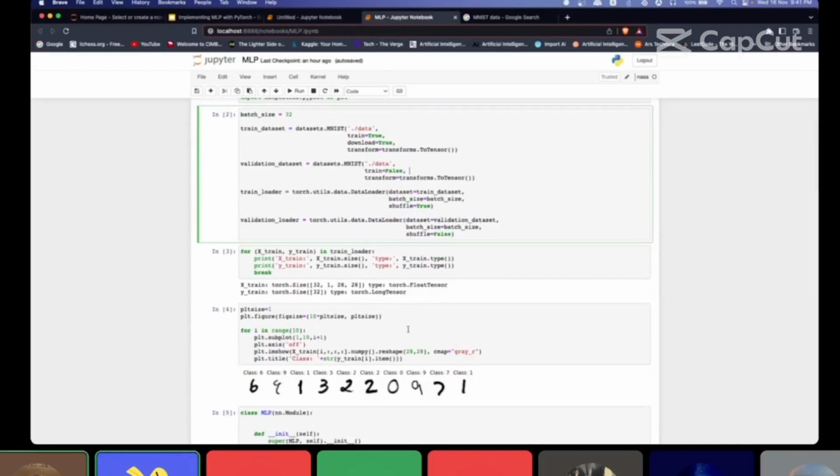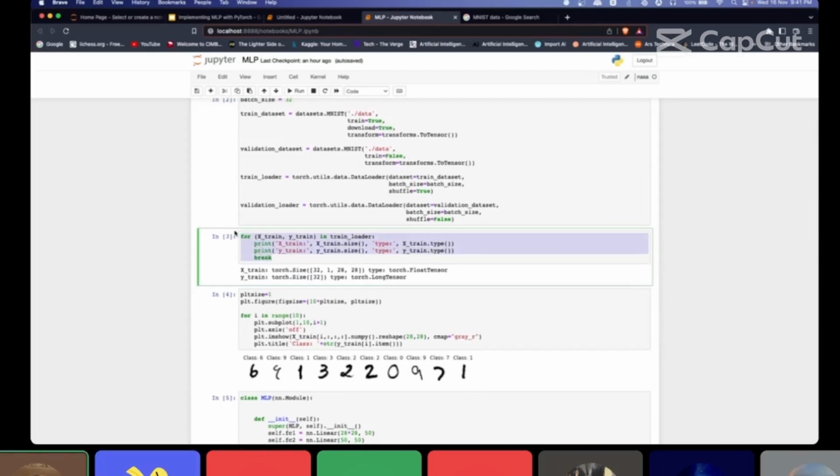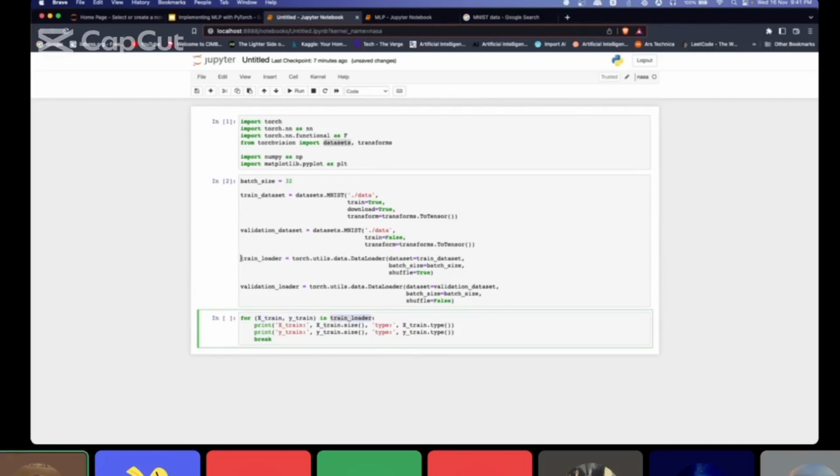All right, so before we start with any kind of implementation, let's just see for ourselves how this thing looks. Like I said, we're going to need the train loader to get the data. So we are using the train loader here, and we're going to see some data from the training data set. Each of these training examples has two variables. One is the image itself, and second is the